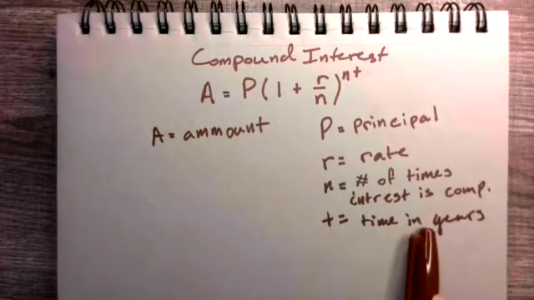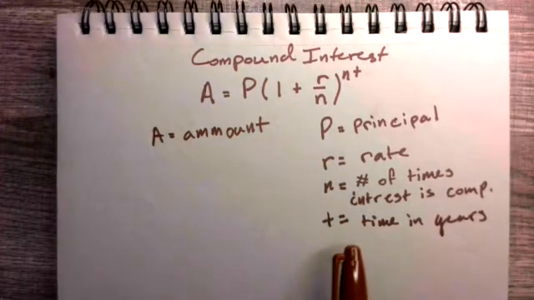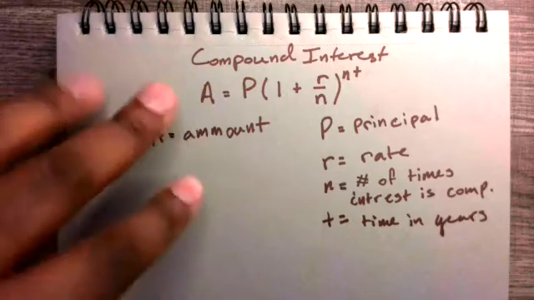So 1 would be your number of times compounded. And t is your time in years. So like year 1, year 2, year 3, and so on and so forth. So